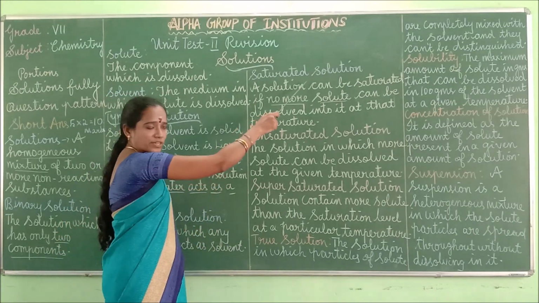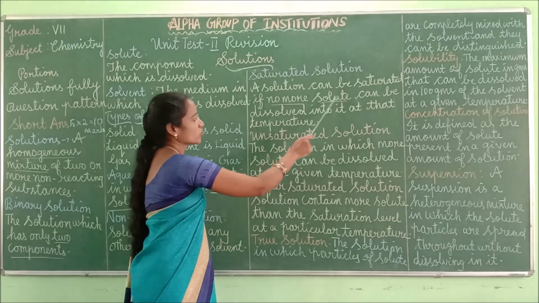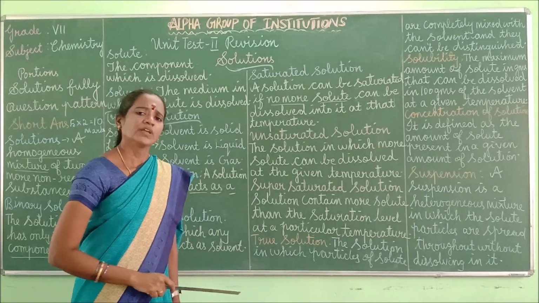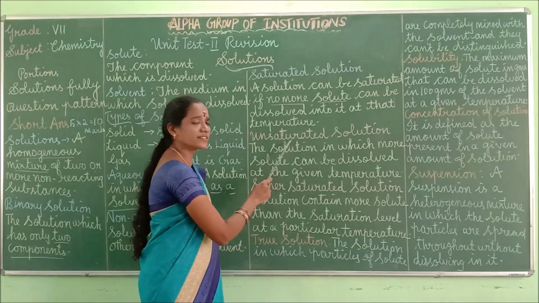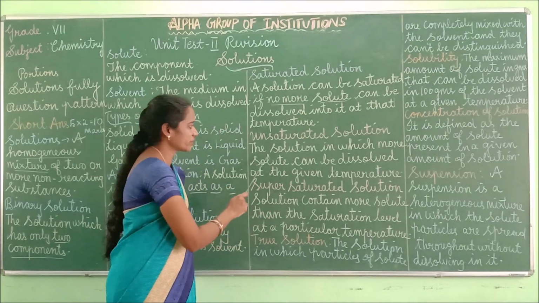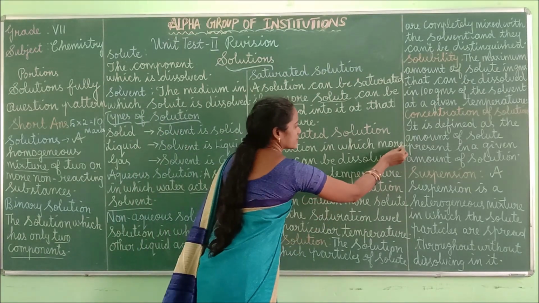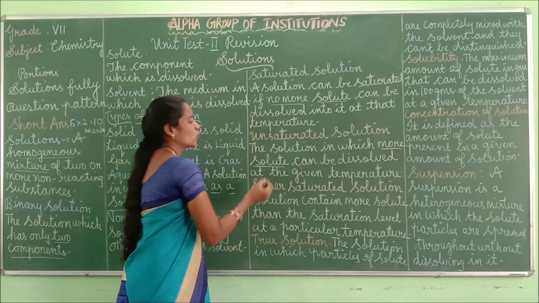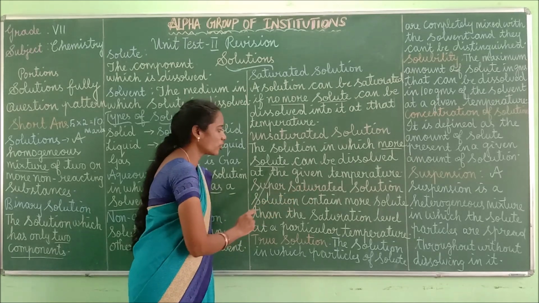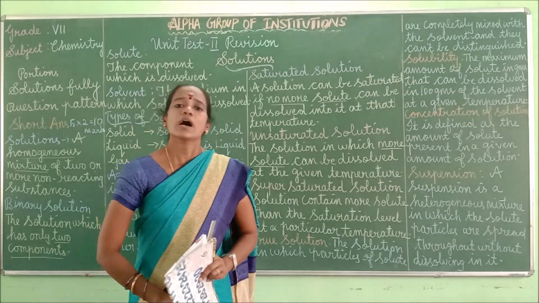So what is meant by saturated solution? A solution can be saturated if no more solute can be dissolved into it at a particular temperature. Then what is meant by unsaturated solution? Here in unsaturated solution, the solution in which more solute, so this line is important. More solute, the solution in which more solute can be dissolved at a given temperature, then such solutions are called